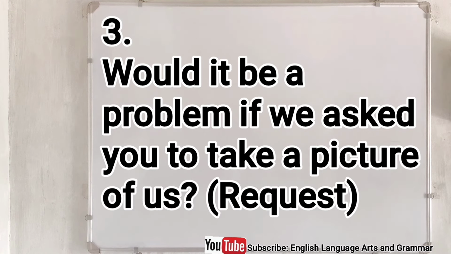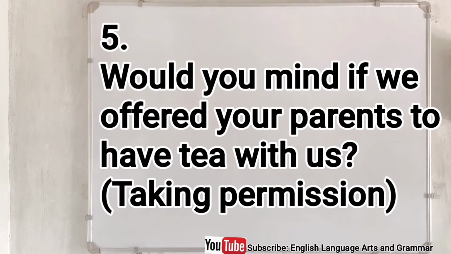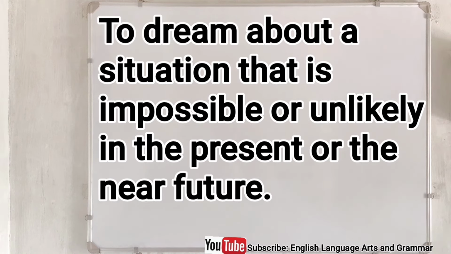Request. Example 3. Would it be a problem if I asked you to take a picture of us? Request. Example 4. Would you have a problem if we changed our seats? Example 5. Would you mind if we offered your parents to have tea with us? Taking permission. It is also used to dream about a situation that is impossible or unlikely in the present or